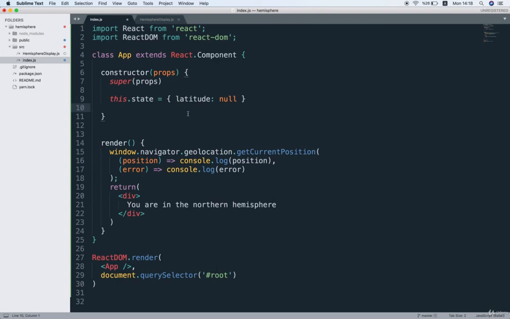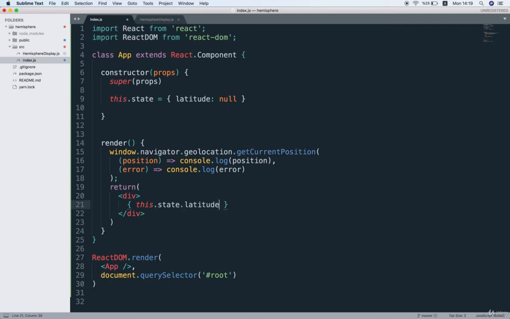So now we can freely reference this state object and the properties inside of it from any function inside of our app component. For instance, down inside of my render method, where we try to print out our latitude, I'm going to put in a set of curly braces because we're going to reference a JavaScript variable,